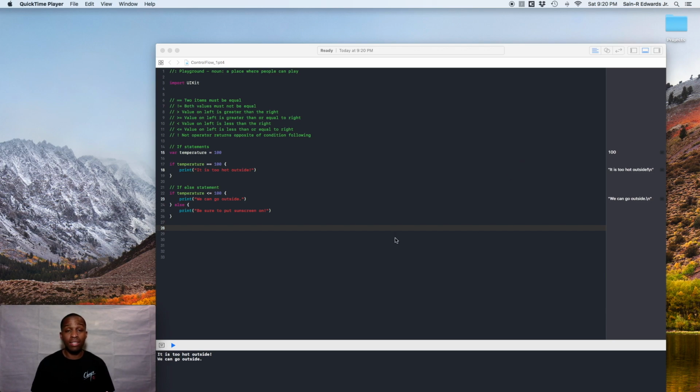So in this video, like I said, we're going to talk about Boolean values, and we're also going to go over some more different types of control flow operators. Okay, so for Boolean values,